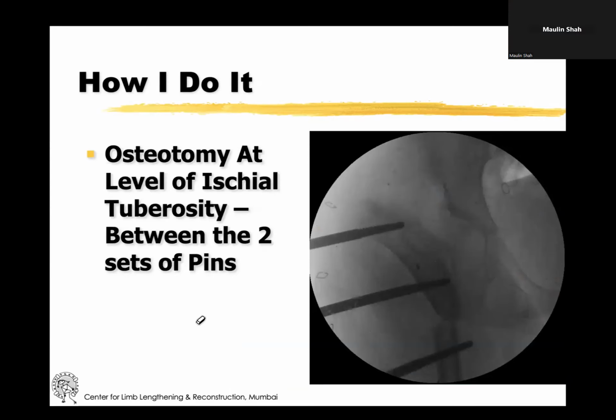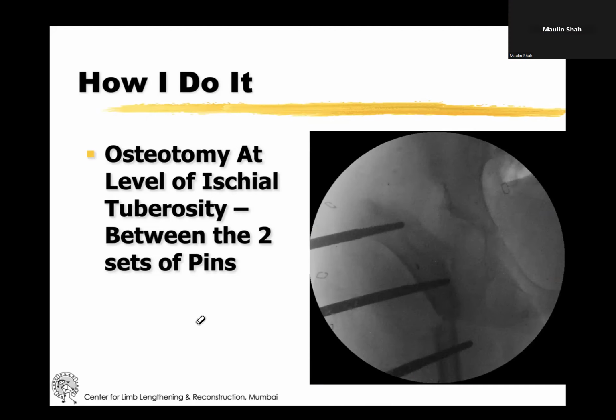Now, sir, can we put the pins in the distal fragment, not as anteriorly inclined, to correct the rotation? I mean, to give internal rotation, can we put the pins in the distal fragment? You can, but what's the advantage of that? There's no advantage of putting it in the distal fragment. Why I'm asking is because the proximal fragment is smaller. Yeah.